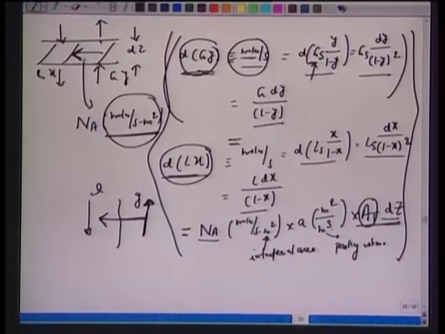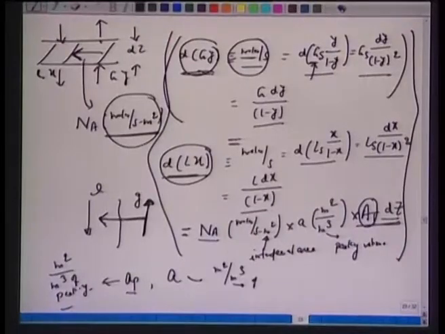Here it is very important that we are a bit careful. There are two types of nomenclature used in most textbooks, one is ap, one is a. ap is generally meter square per cubic meter of packing, say Berl saddles or Raschig rings. This a is meter square per cubic meter of total packed volume, which means a can be related to ap into (1 minus epsilon B), where epsilon B would be the bed porosity.